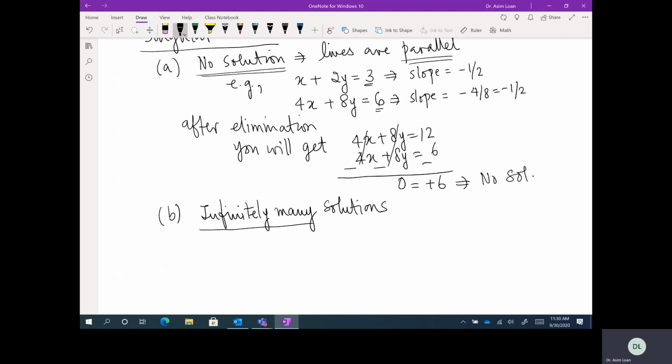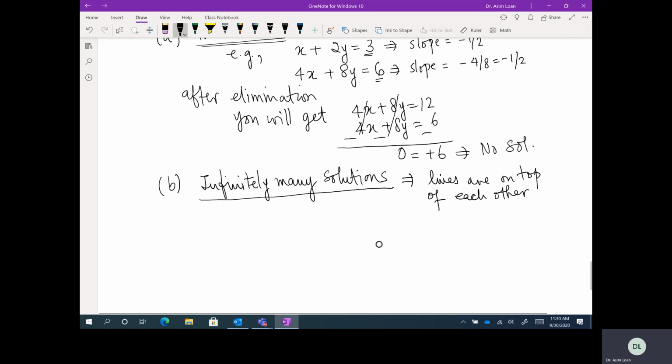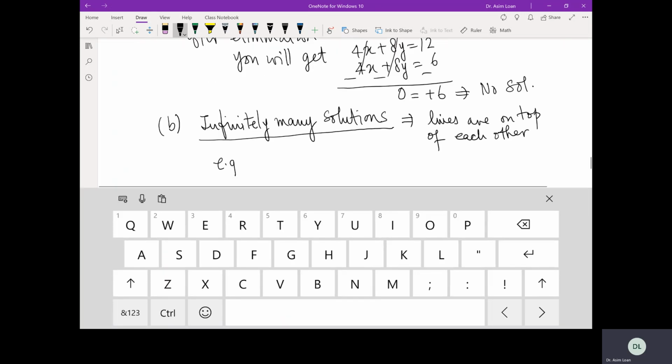And how do you get infinitely many solutions? If the two lines are on top of each other. So lines are on top of each other, because they are intersecting at infinitely many points. So when the lines are on top of each other, this simply means, for example,